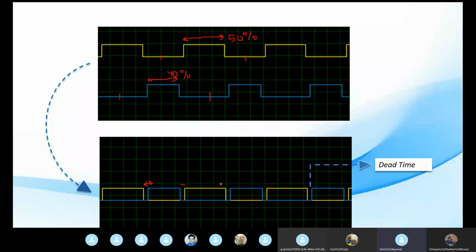Leave the 40% and 50%. Let's come into bits, like how I explained with 255. Suppose the yellow wave remains on for 512 bits and remains off for 512 bits. Whereas the blue wave remains on for only 400 bits and remains off for the rest of the time. So what is the common gap between 400 and 512, which is 112 bits. So the dead time for one time period will be 112 bits.